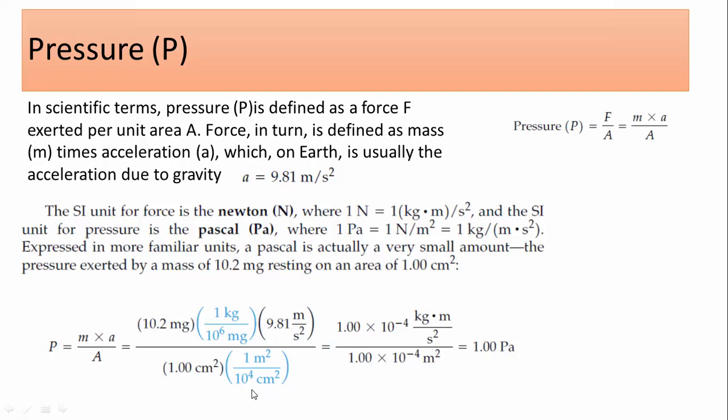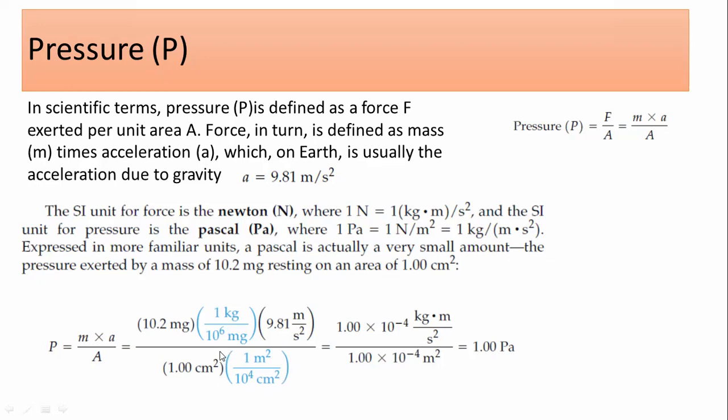And let's suppose 1 meter will be equal to 100 centimeter. So this is the centimeter square. So you have to take the square on both sides. When you take the square of 100, it will be 10 exponent 4. That means 100 multiplied by 100, which is equal to 10 exponent 4. So 1 meter square will be equal to 10 exponent 4 centimeter square.